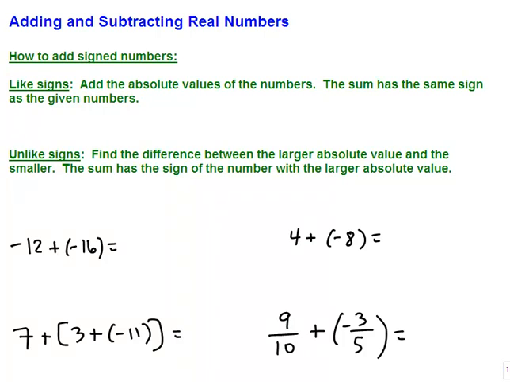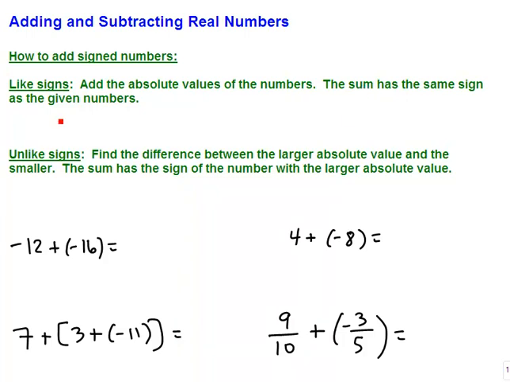Welcome to the lecture on adding and subtracting real numbers. Here are the beginning two rules that we're going to use when we add signed numbers. If you're trying to add two numbers that have alike signs, so they're both positive or they're both negative, you're basically going to be adding the absolute values of the numbers, and the sum will have the same sign as